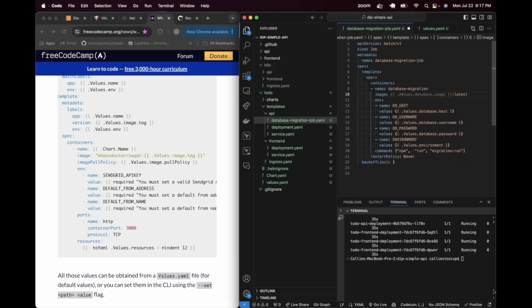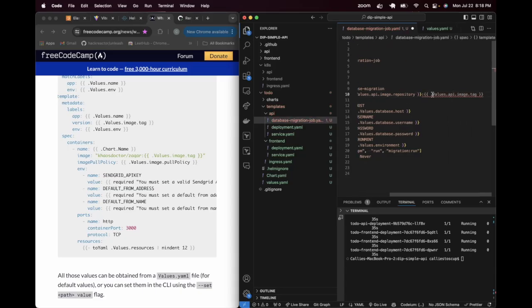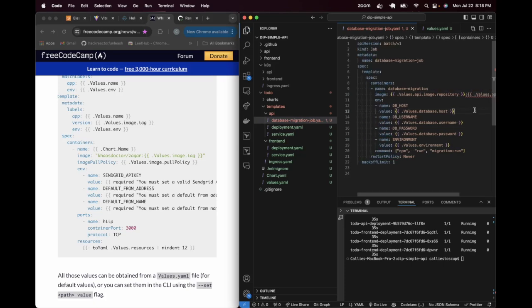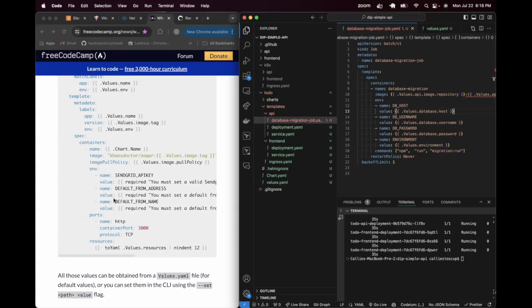All right. And then the last thing that we can do here is we can go ahead and say that this is going to be values dot API dot image. And then I think it was dot image repo. Sure, repository is fine. And then this will be called values dot API dot image dot tag. Yeah, that looks good. All right, it's mad at this though. So curious